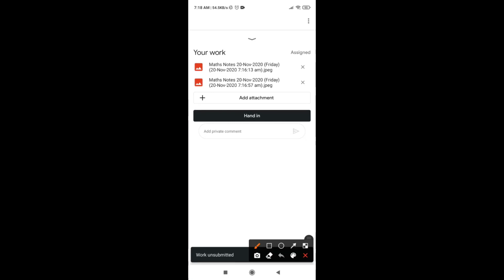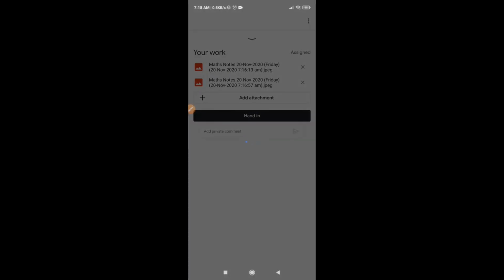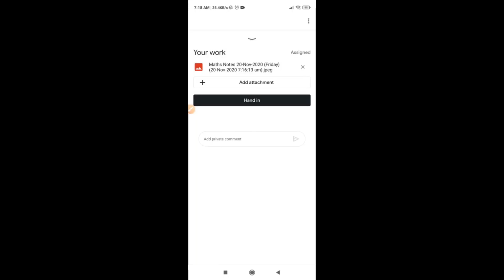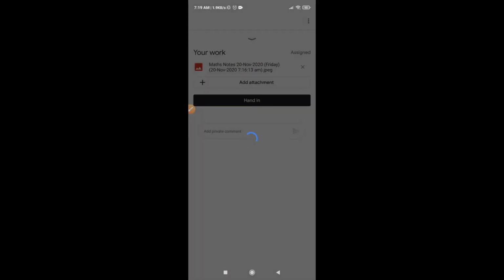For example, this image which I have taken, the second image, is of wrong notes. So just click on that cross button, if you can see the small cross button. It will ask you to remove the attachment. Just click on remove. So the attachment is removed now. Now I will upload the next image, the proper image. So I will upload another image,